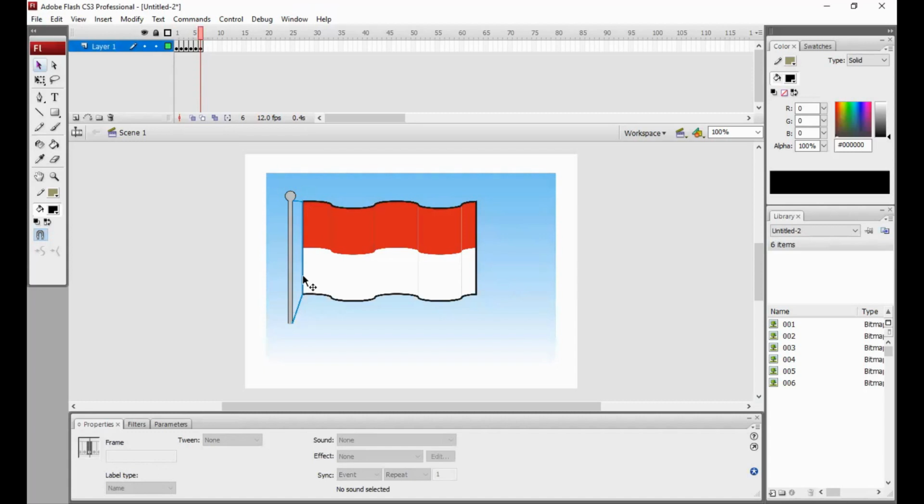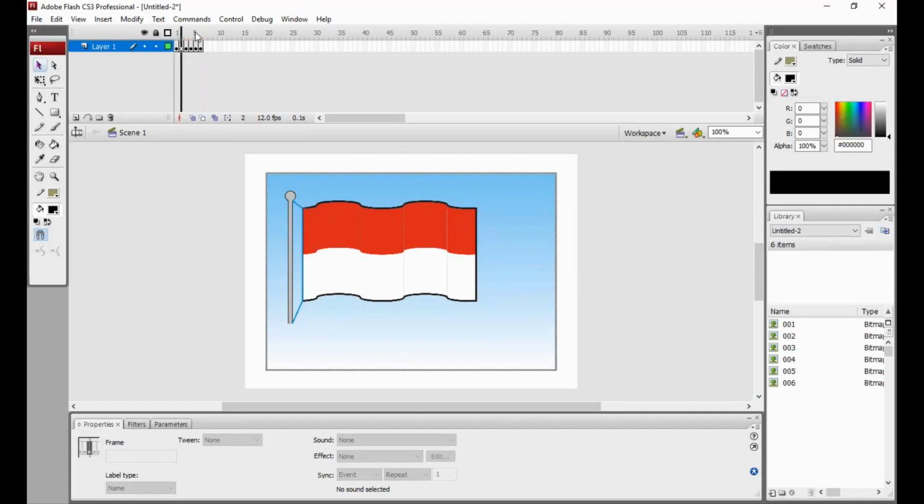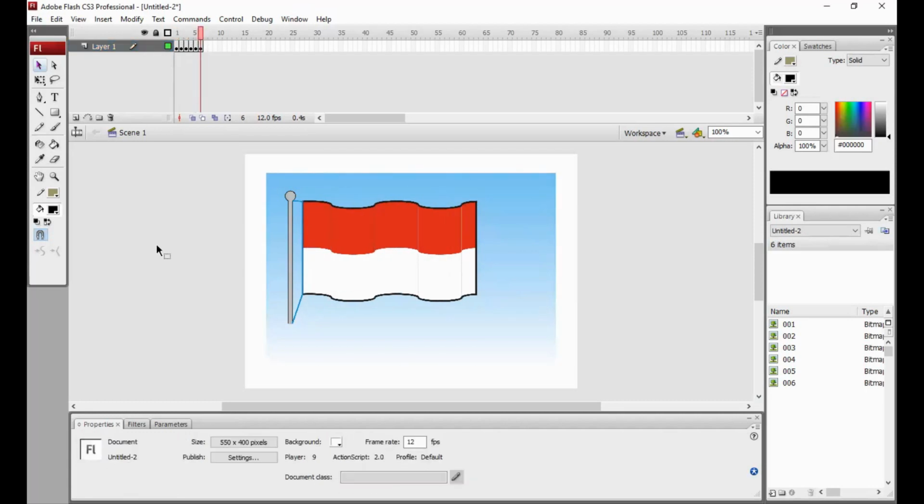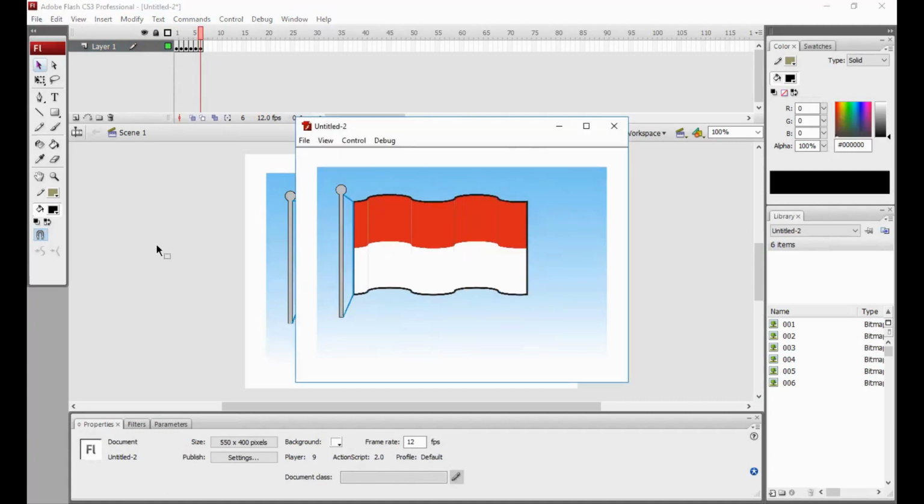We will see the rope on top of the flag. Okay, we try. Control Enter to play. We'll see like this, and the rope is right. The smooth movement of the flag animation is right too.